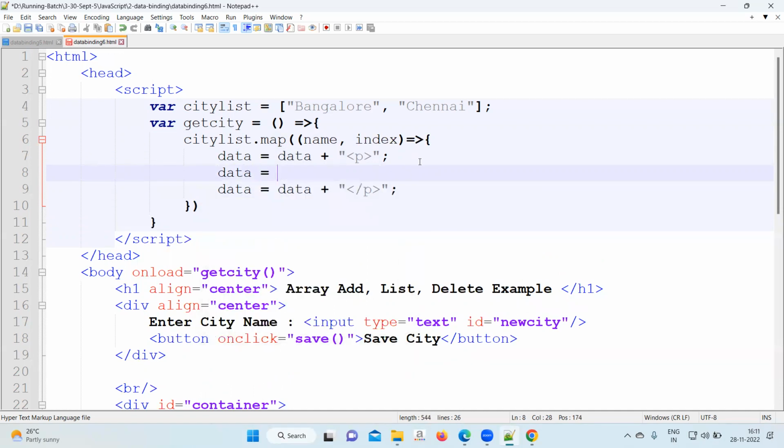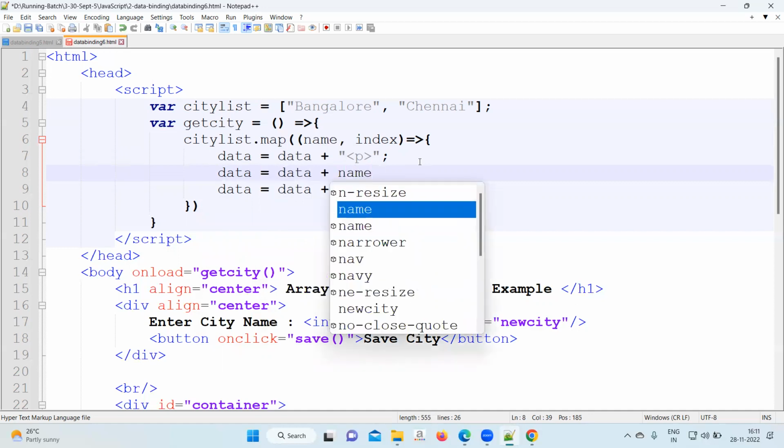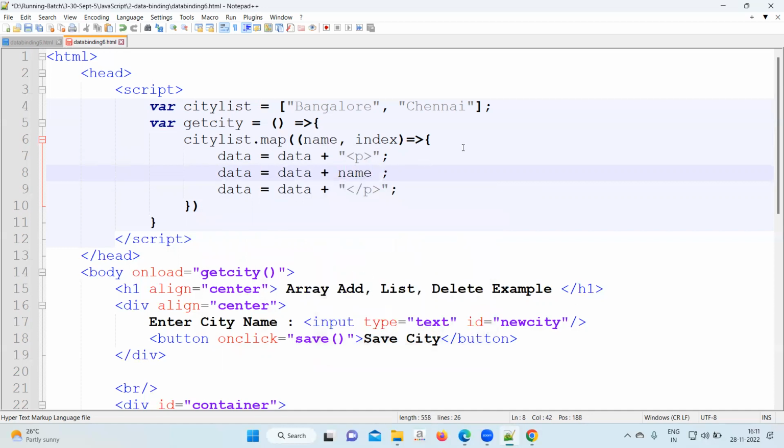Now data equal to data plus. You will write here name variable, semicolon. So you can see in the data itself what we did. Here, first line you put a paragraph, last line you close the paragraph, and between you added the name. So paragraph open, paragraph close, and in between the name of the city. Finally, once the loop is over,